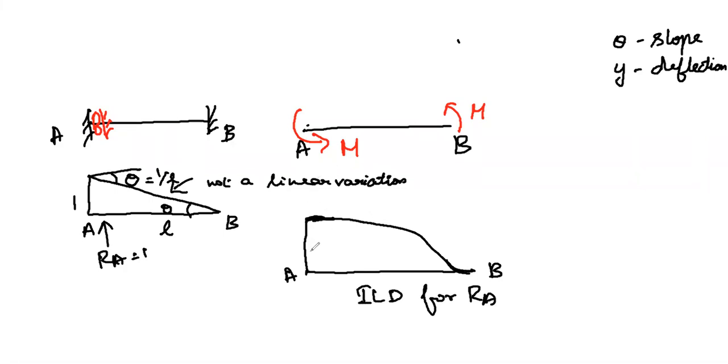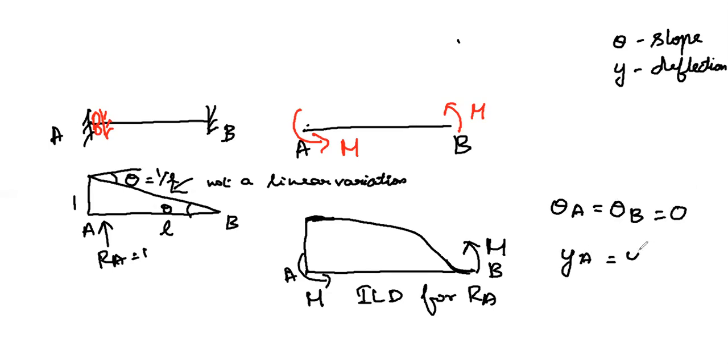Okay, this has happened while I am applying moment at the point A and also at the point B. We all know both the slopes are equal to 0, that is, slope at A equals slope at B, which is equal to 0. So the deflection at A will be equal to the deflection at the point B. If the slopes are the same, the deflections will also be equal. Okay, at this point it will be equal.